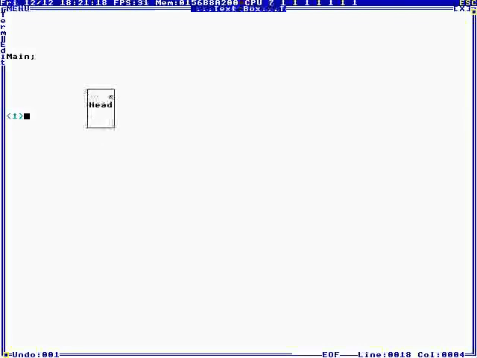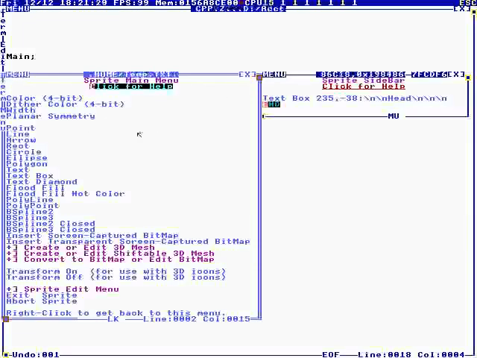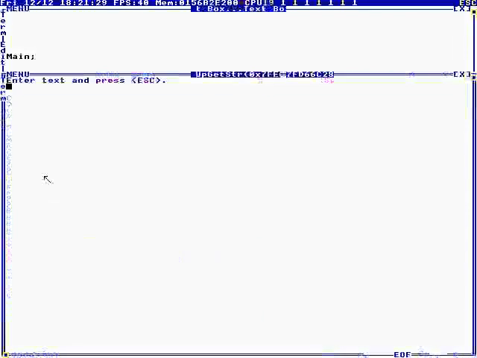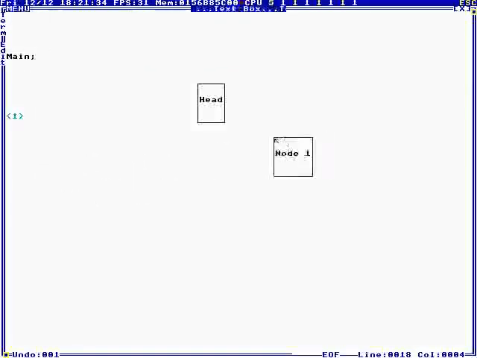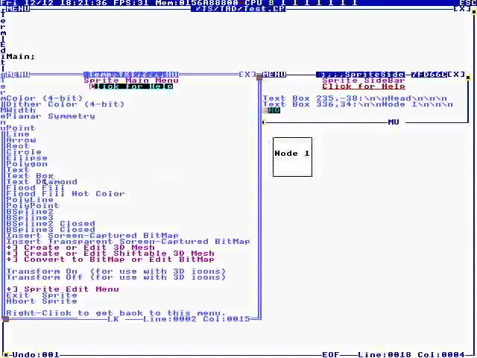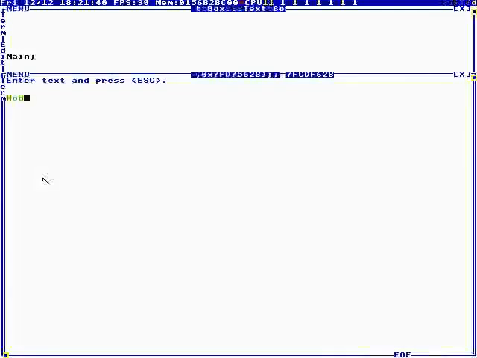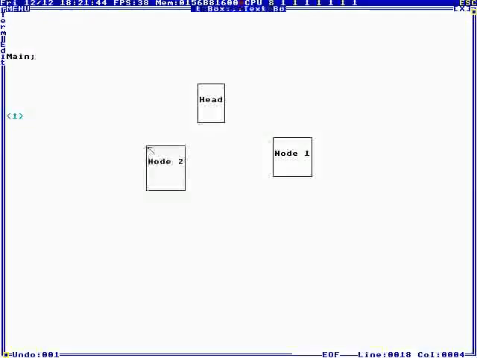Okay, so the head of the Q is here, and I think the first node has an array in it. Anyway, so text box, node 1. Isn't this cool? You can do flowcharts. Node 2. Okay, so